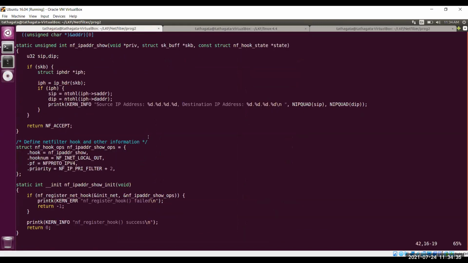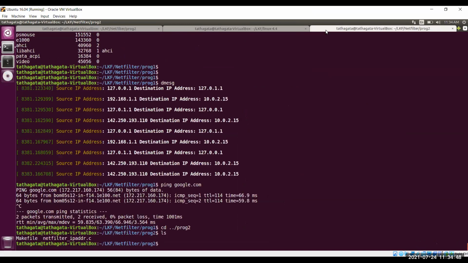And then it is just displaying the source IP and the destination IP the same way that we have shown for the pre-routing. The only difference is it is now showing in the transmit part. So let us check.